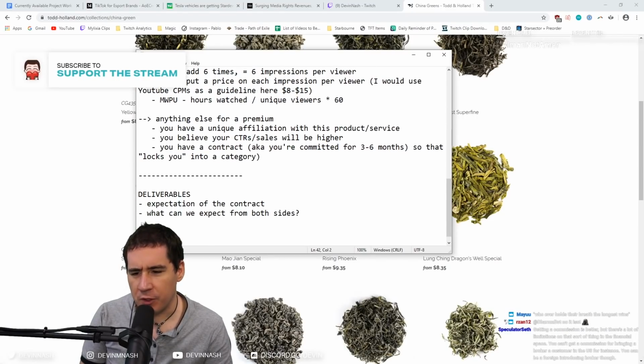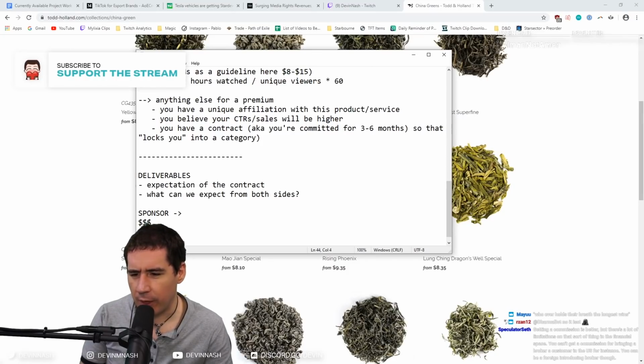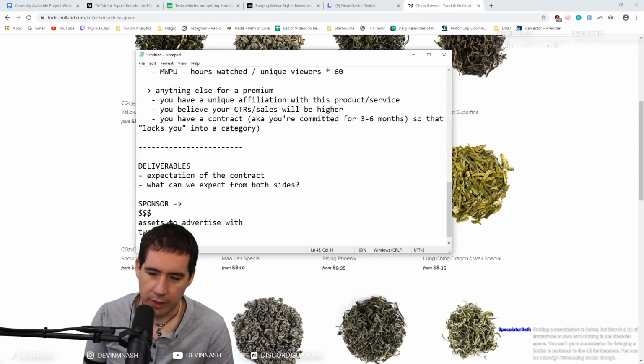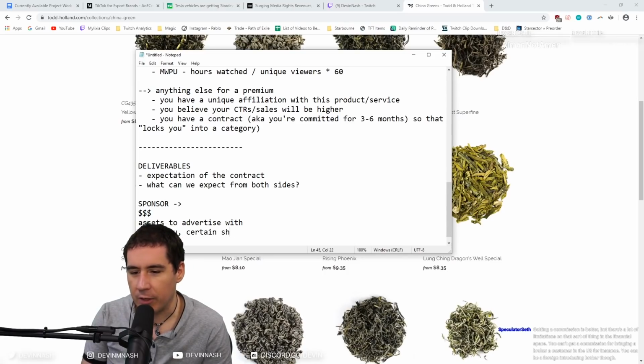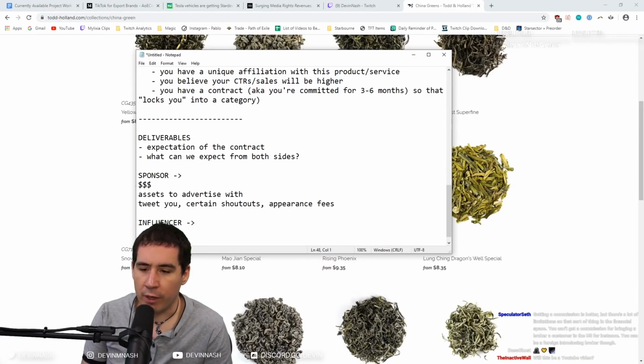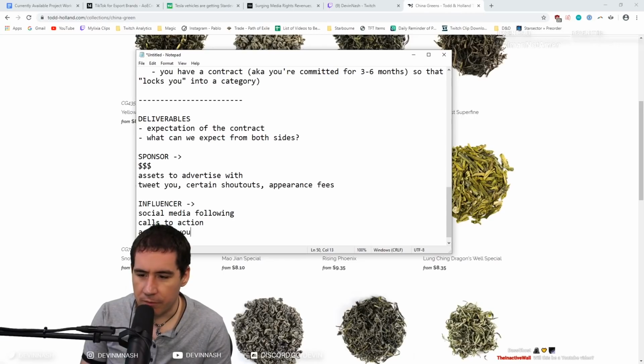So from the sponsor side, they'll give you money. Also, they might give you assets to advertise with. Also, they might tweet you, because usually sponsors have big followings. So someone like Coursera might give you a certain number of tweets or shout outs or appearance fees, or there's all kinds of things, right? And then you have to consider what you bring on the influencer side. So you bring your social media following, you bring calls to action, maybe you bring a custom YouTube video,